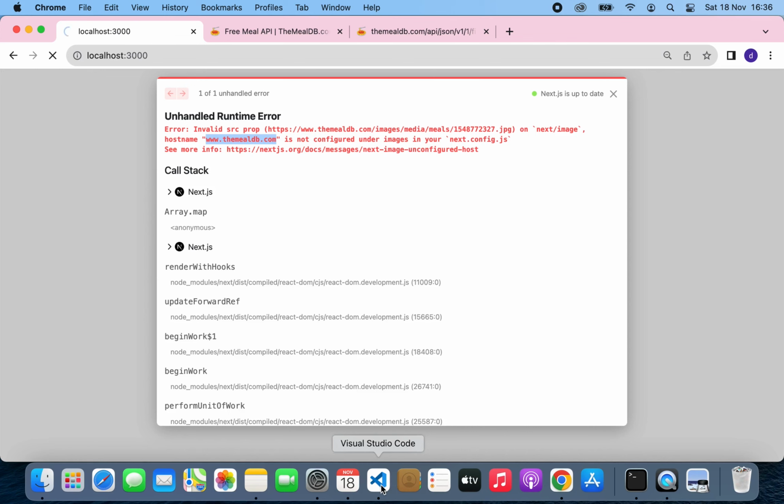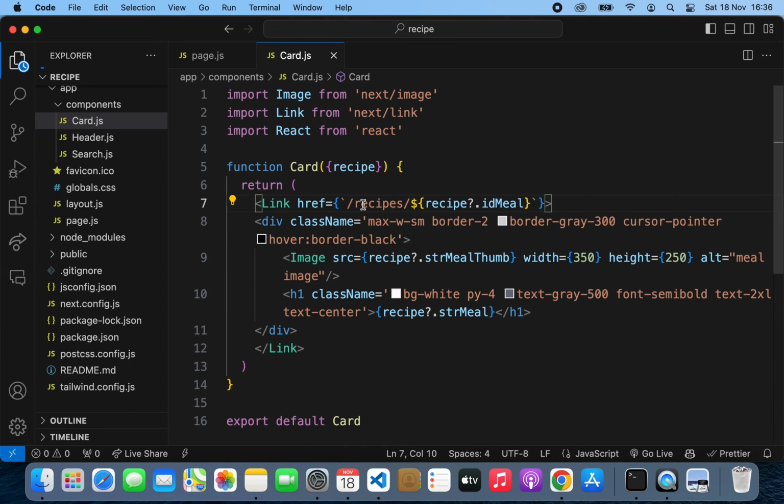Okay, as it reloads, we can just carry on with the explanation. So I was saying, this is the card. As you click the card, we want to go to a new page called recipes, and it sends the ID of the meal. And then on that page, we're going to do a server-side fetch. So now we're going to fetch using the server side. Because remember, here we couldn't fetch using the server side